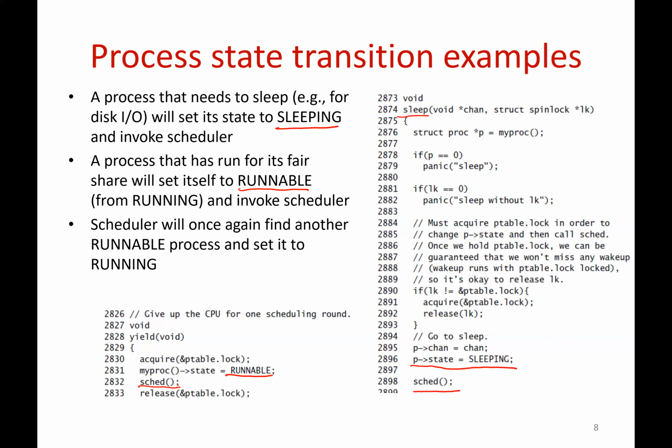Right? This is broadly how the operating system runs. It sets a process to run. The process does certain things. After some time, for whatever reason, it will come back to the scheduler. The scheduler will find some other process to run. It will run for some time, come back to the scheduler, and so on. Right? So this is the story. The story goes on as long as your system is up and running.